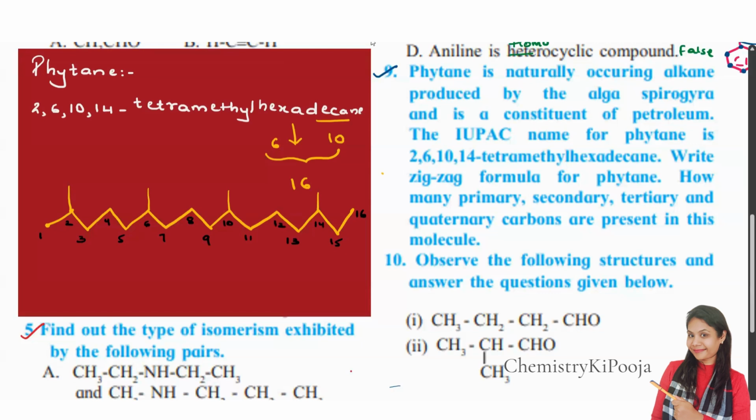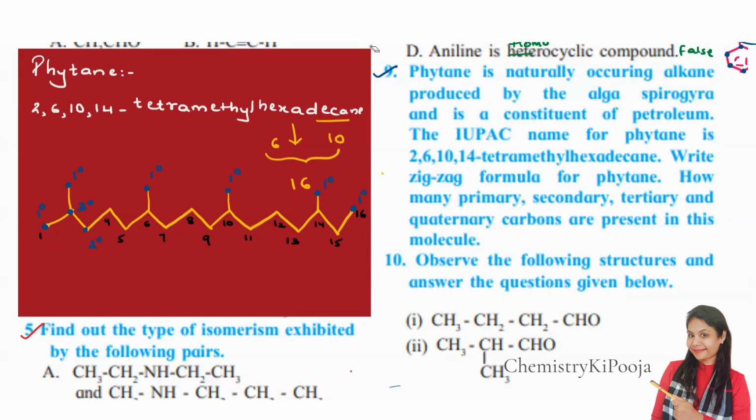Now in this bond line formula, let us quickly look into the number of primary, secondary and tertiary carbons, right? So if I look into this, this carbon is 1 degree, right? This is 3 degree. Then this one is 1 degree. So all the terminals, remember, all the terminals will be 1 degree. Okay, this is 1 degree. Again, this is 1 degree. And then we have here, this is also 1 degree. Clear? Now the third carbon over here, this is a 2 degree carbon.